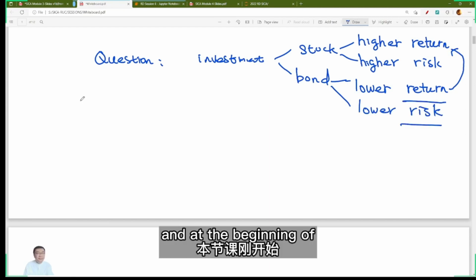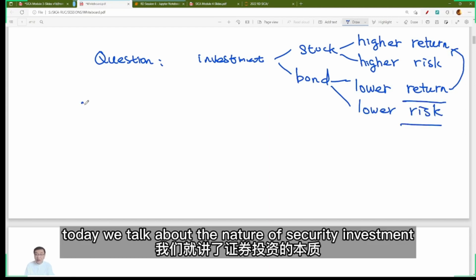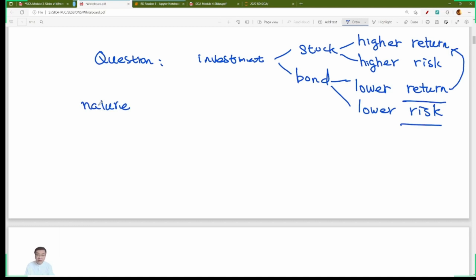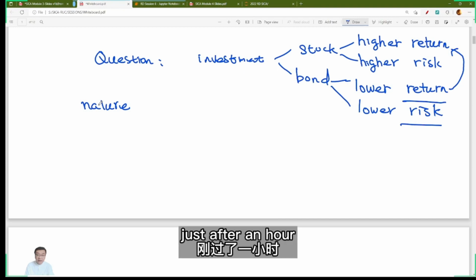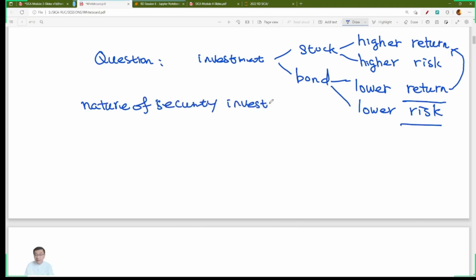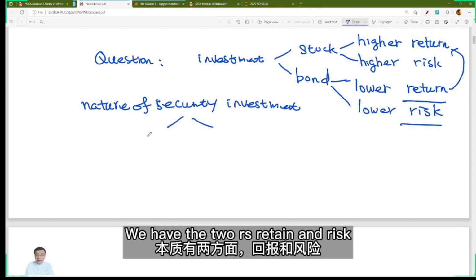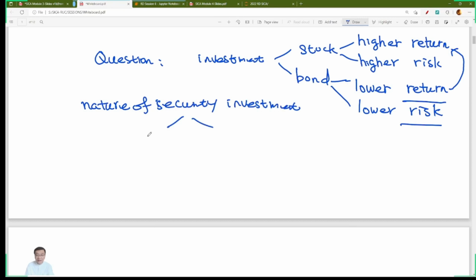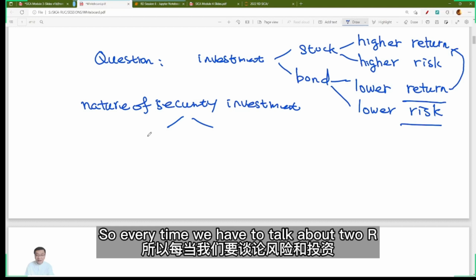And at the beginning of today, we talked about the nature of security investment. Still remember? Just after 1 hour, we have the 2R, return and risk. So every time we have to talk about 2R,